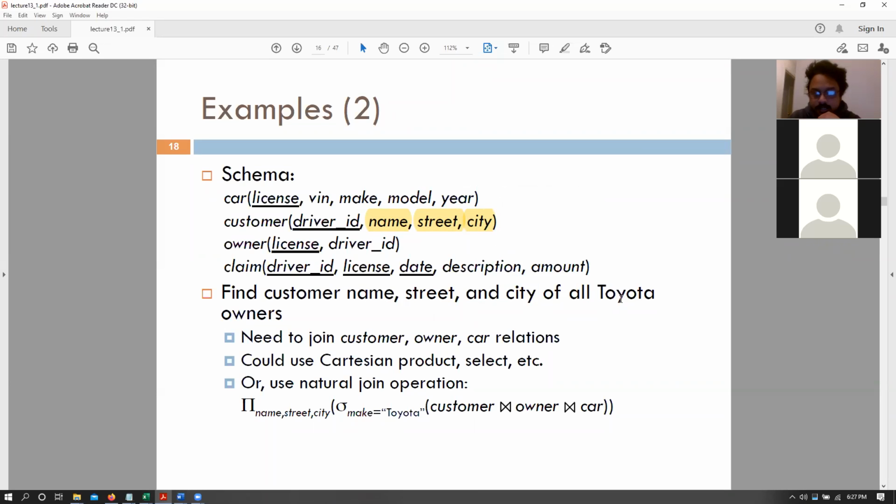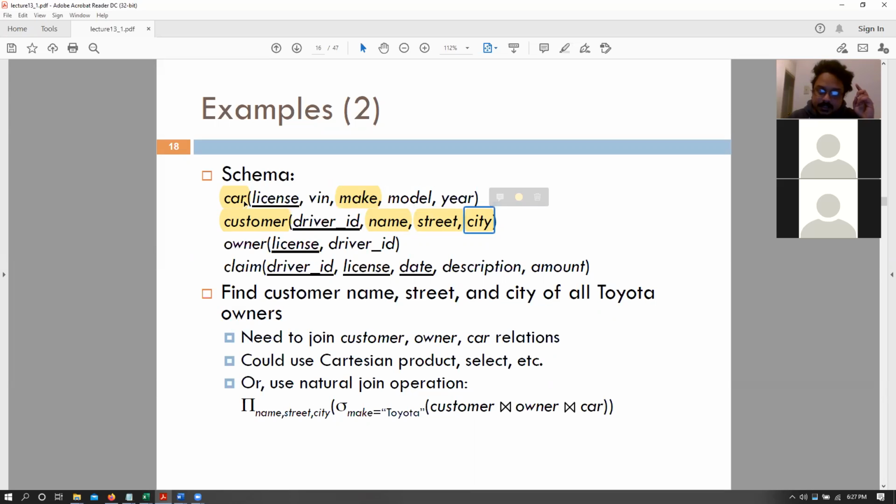Fine. But that is not enough. We need to look at the entire query of all Toyota owners. So I need to know the make of the car in order to make sure that I can identify all Toyota owners, right? And where is the make? Well, let me see. Make is in the car table, right? So make is in the car table. So I need the car table, I need the customer table. I need the car table to get all the makes, Toyotas basically from there. I need the customer table for name, street, and city. That pans out, that works out.